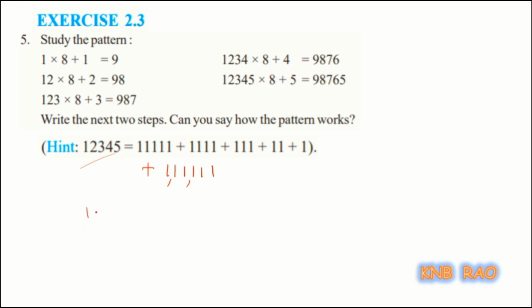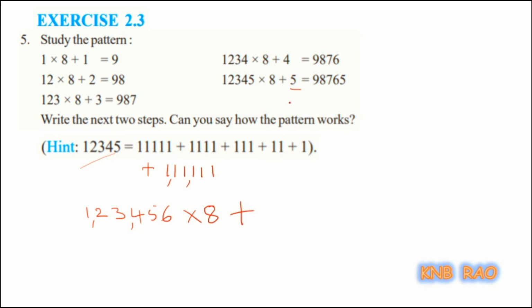That means it gives 1, 2, 3, 4, 5, 6. By reading this, you can say 1,23,456. So, if I multiply this by 8 and add, when I am having here 5 times this pattern taken,